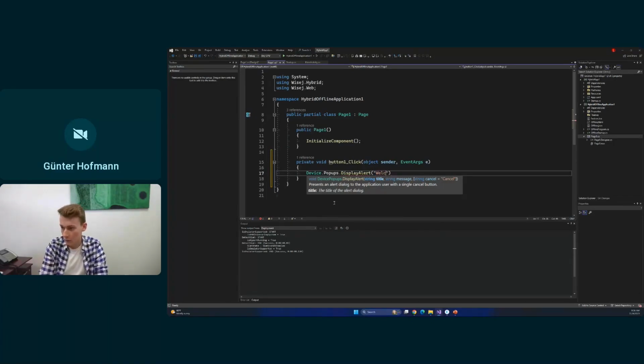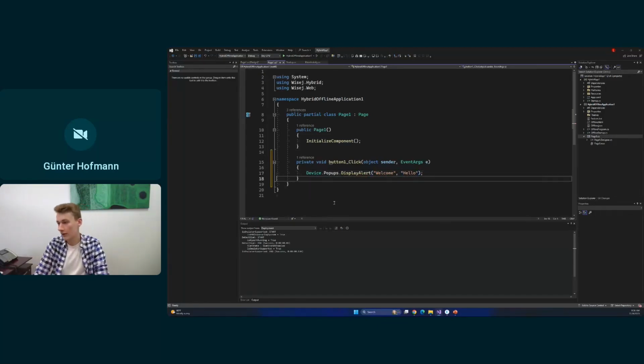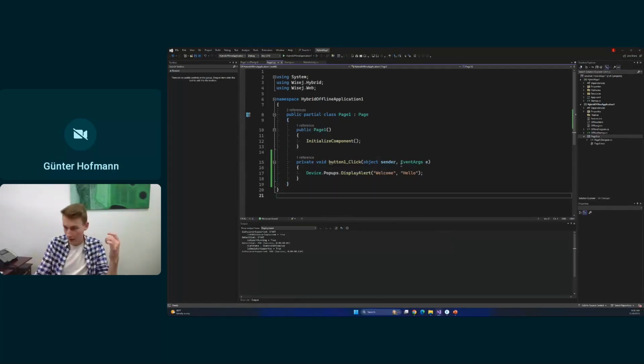And we put in a title, and we put in some message, and that's it. Okay, so now I've defined my UI, I've defined my native interaction, and the thing I need to do next